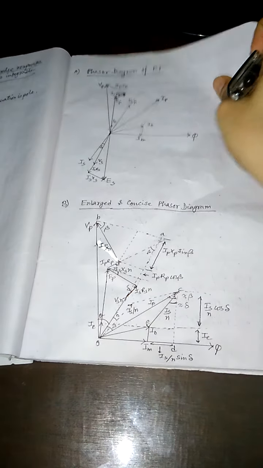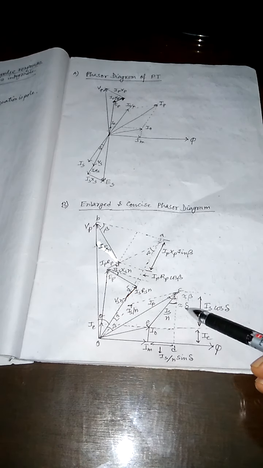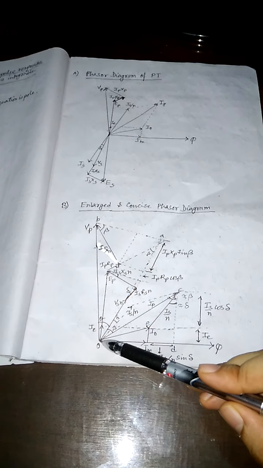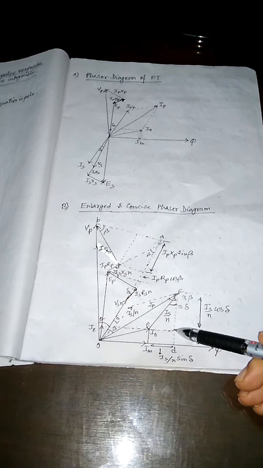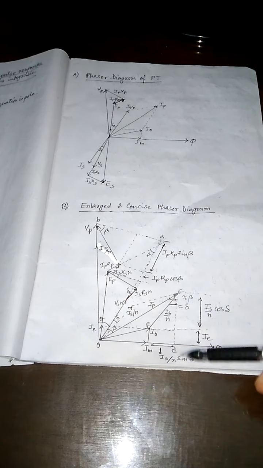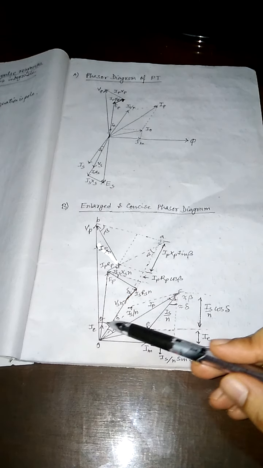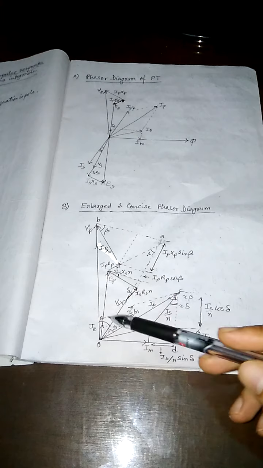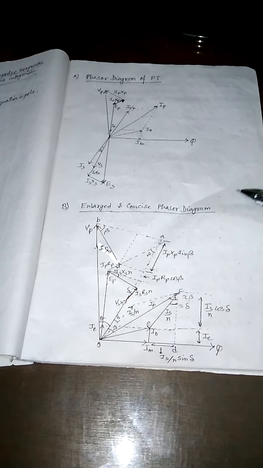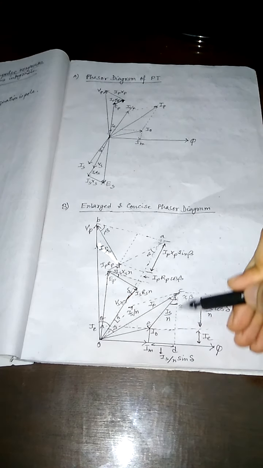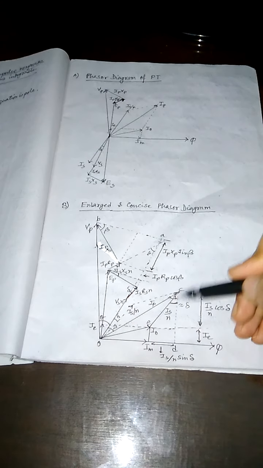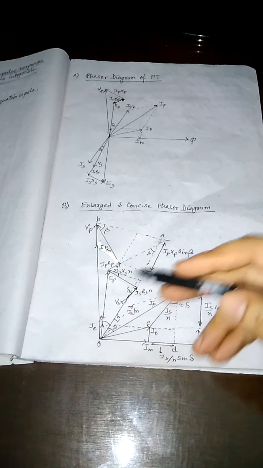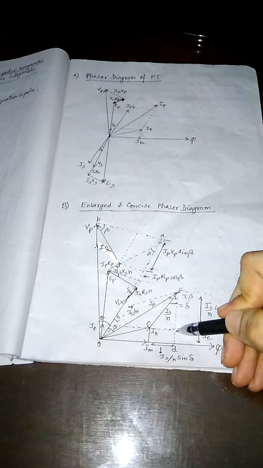Now if we are considering this, then what happens? So this part is IE. As this part is IE, that means this is also IE. This is perpendicular to the phi. So as theta is very much small, that means what happens? We are considering VP and VS perpendicular to the phi. So this is perpendicular, parallel with that. So this is IE, that means this is also IE.